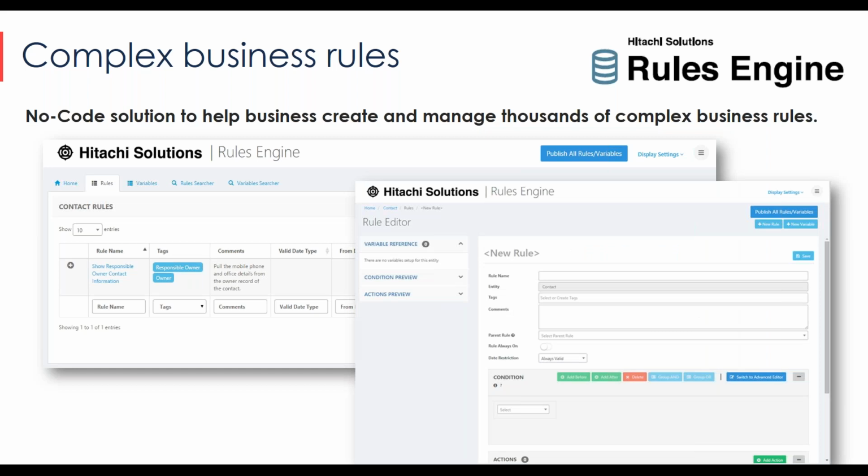So what we've done, and this was really done for a health plan, and we've used it for broader things as well, but if you look at CRM and what the workflow tool can do, again, with that same theme of let's take what Microsoft has and tweak it a little bit. The workflow tool is very powerful. It's got and/or logic. You can do parent-child workflows, but it does fall short on a couple different areas